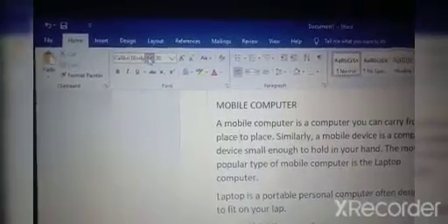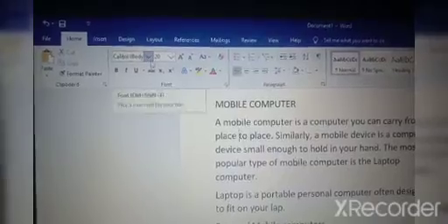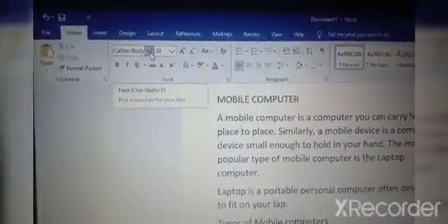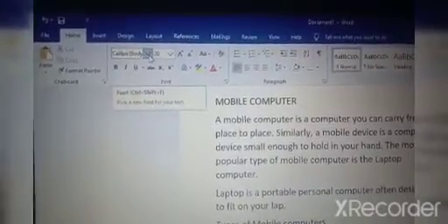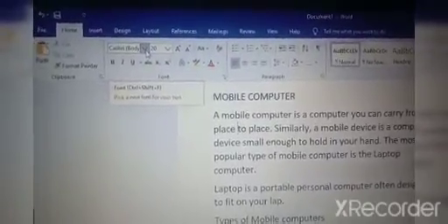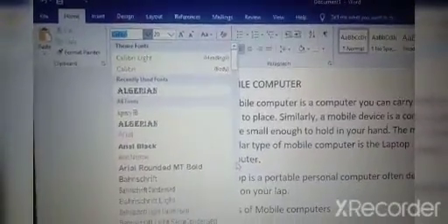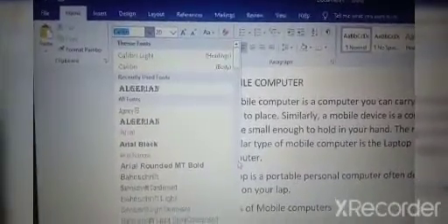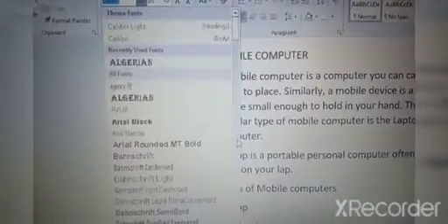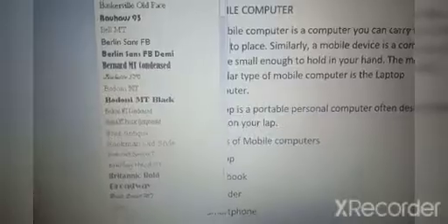Okay, this is font style. See children, when you click on this drop-down arrow, you will get a list of different fonts, and you can pick any one and apply it to your paragraph. See, Algerian, Arial Black, Arial Narrow, so many different font styles are there.